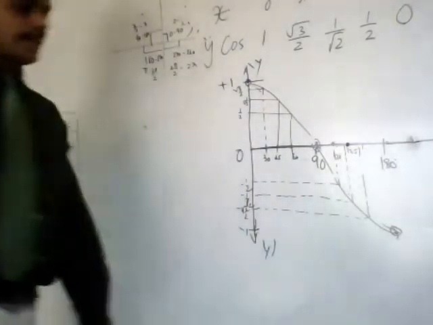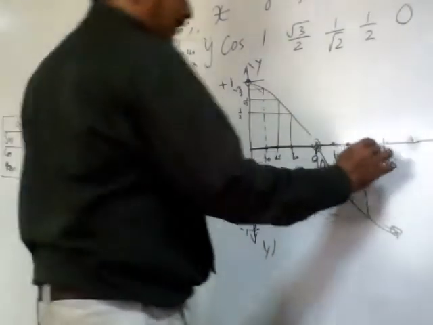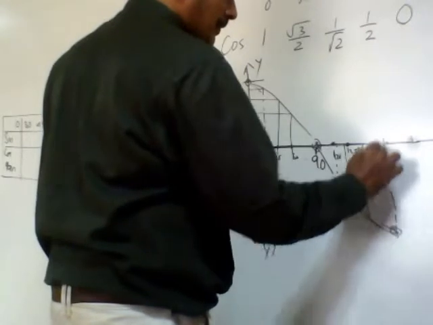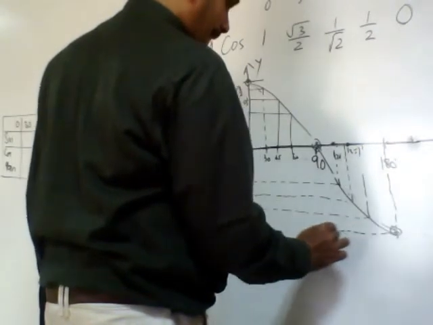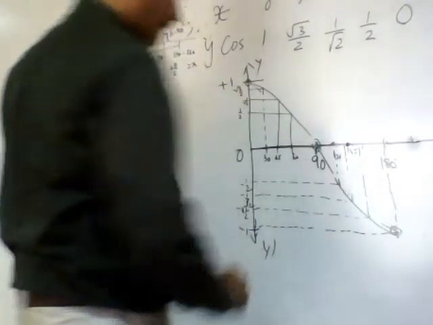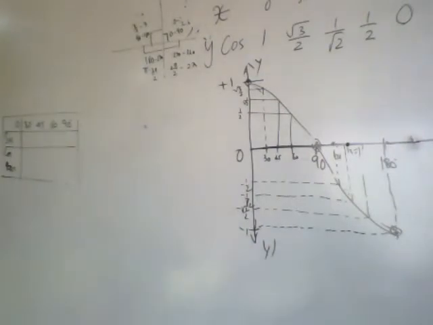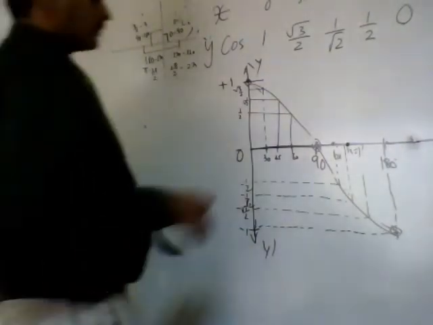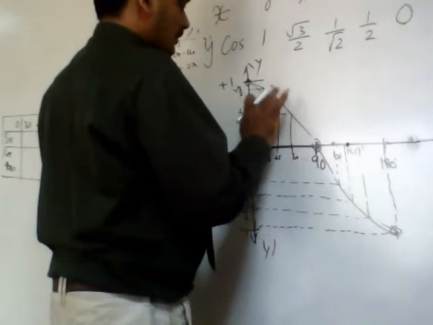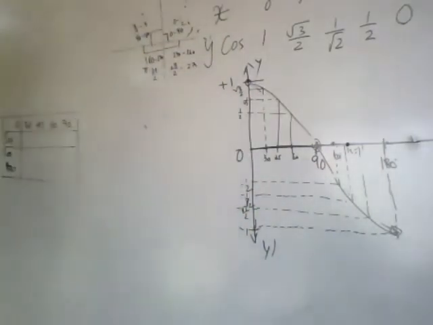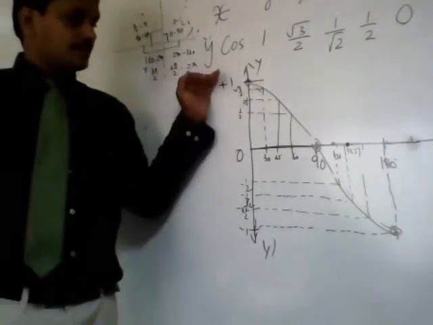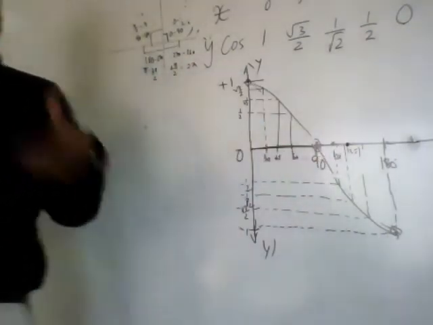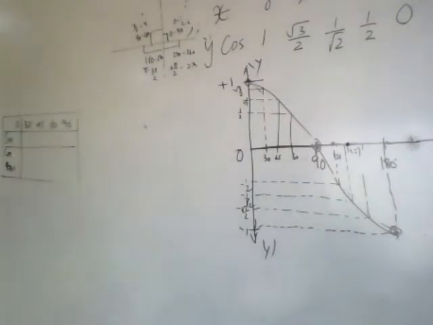So you can see that, and 180 is of course minus 1. So what are the learnings from this curve? We have the highest value of cos: cos 0 is 1, its highest value, then it gradually comes down to 90, where it goes towards 0, then it doesn't go up like the sine curve, it